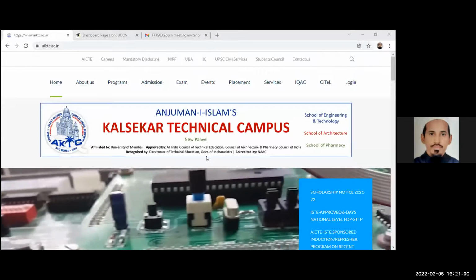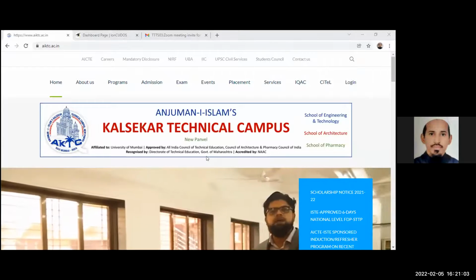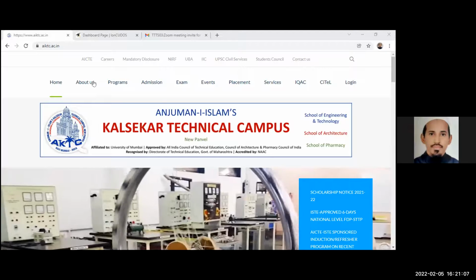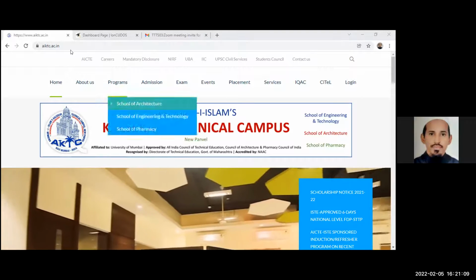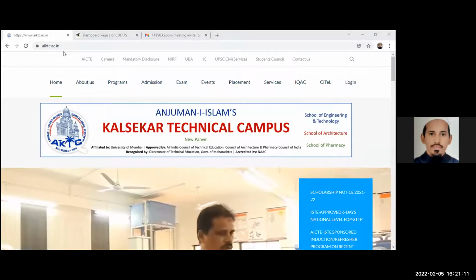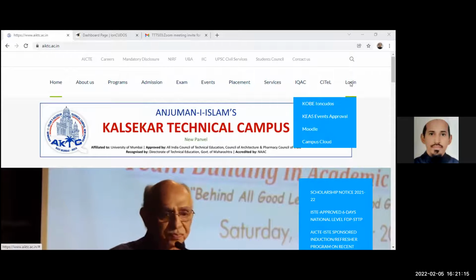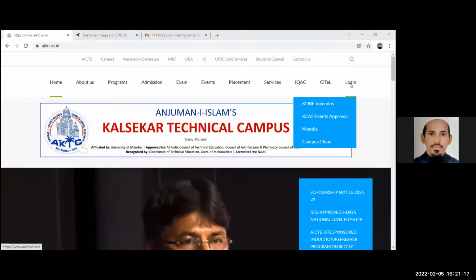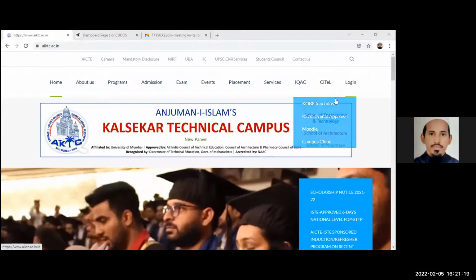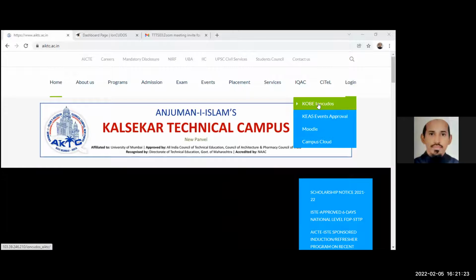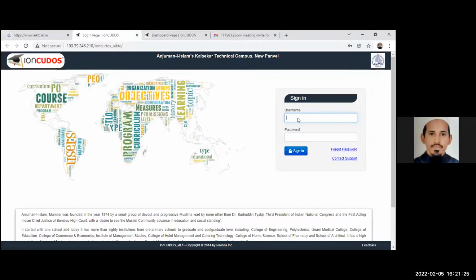So pharmacy faculty members, you can keep ready your login ID and password. The first point is you have to go to our website. You can type aiktc.ac.in. Then on the right side you have login. You go to the login, then you go to the IonCUDOS. When you click this, there will be a sign in